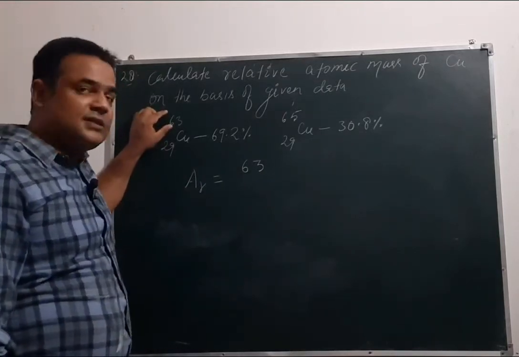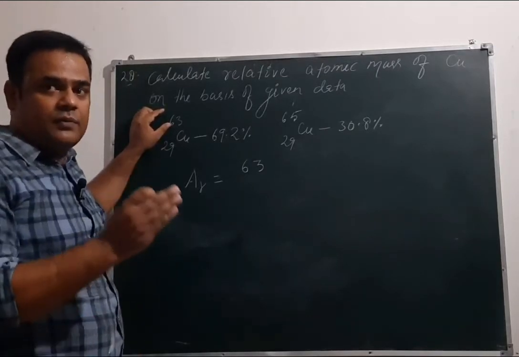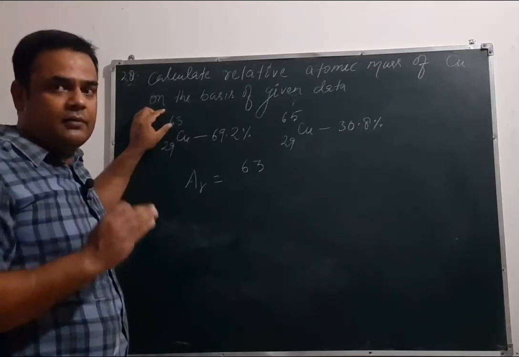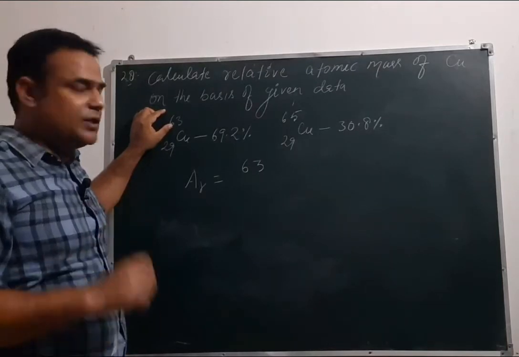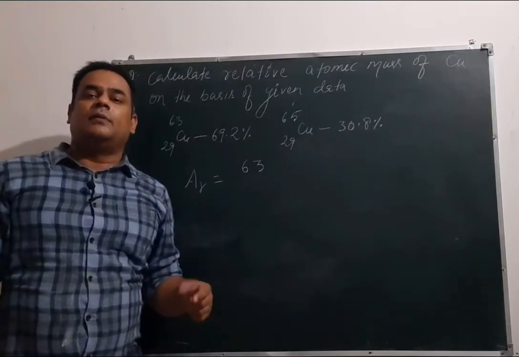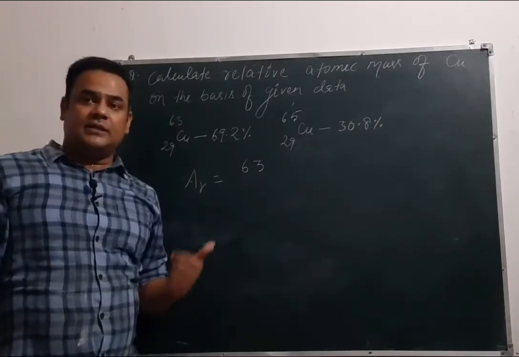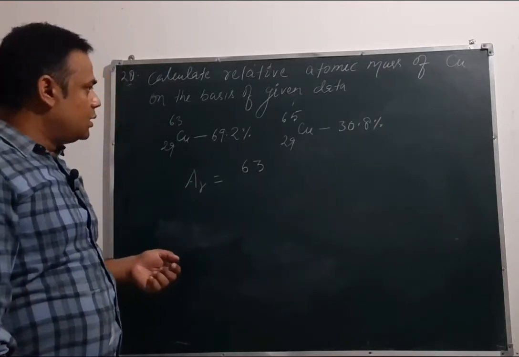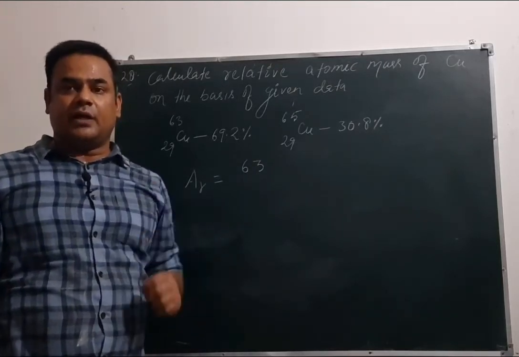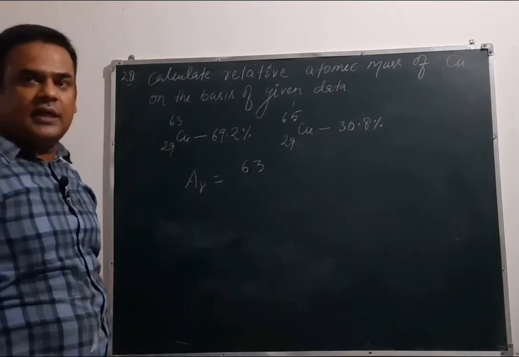This given value 63 is already the mass of one atom of Cu divided by 1/12 of the mass of one carbon atom, and that carbon atom should be the C12 isotope. This value is given. That's why here we need not divide by 1/12 of the C12 nuclide, because it is already divided in this calculation. That's why in the previous question I have not written in the denominator 1/12 of the mass of one carbon atom of nuclide. So if we see this question here, 63, its percentage composition is 69.2%.